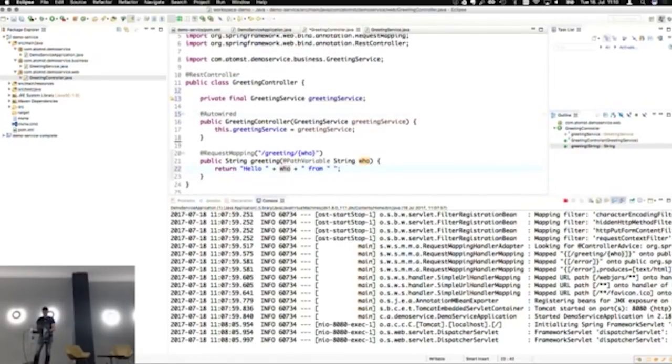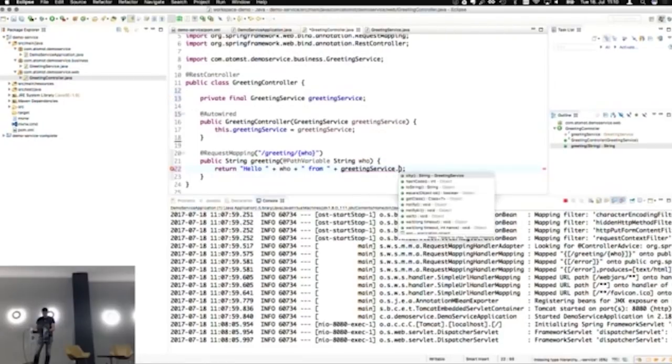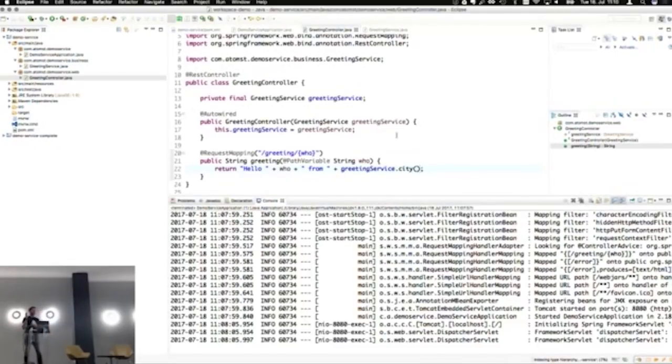And I'll do this plus the greeting service city. So this now hopefully will tell the Spring container underneath to inject an instance of greeting service, and I call this method whenever I invoke the REST endpoint.